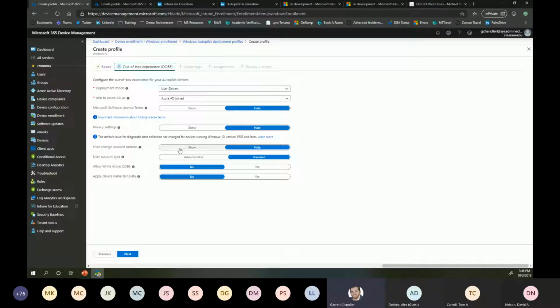So we're going to go ahead and click next. We're just giving the profile a name. And now we have two modes that we can select from: user-driven and self-deploying. User-driven is a mode where as soon as the end user opens up the device for the first time and connects to Wi-Fi, it's going to prompt the user to sign in with their school credentials, right? So your Office 365 credentials, they will sign in and automatically it will leverage those school credentials to populate the